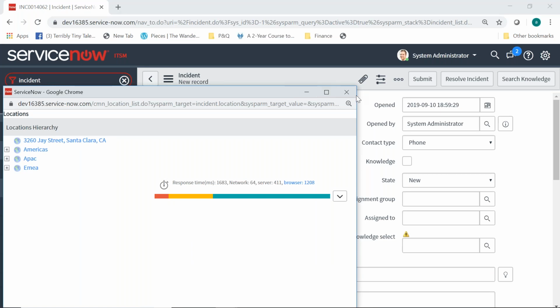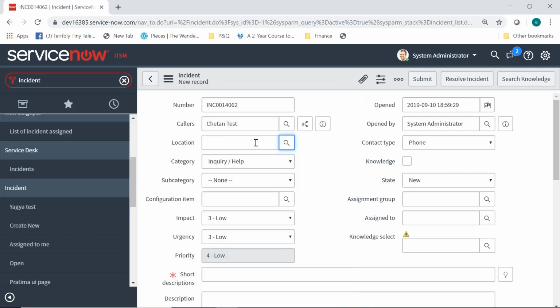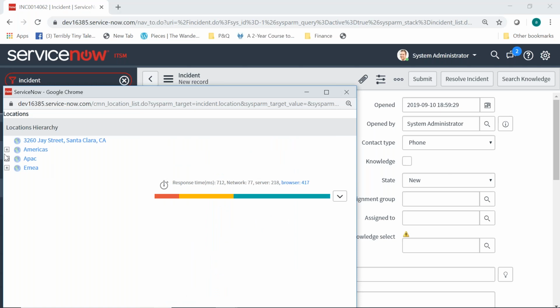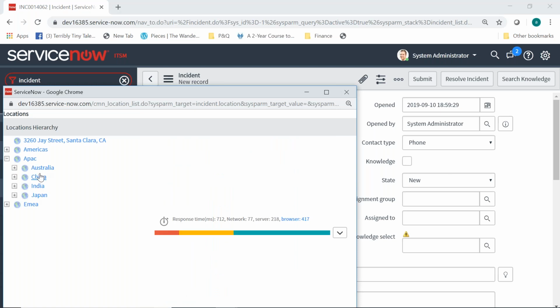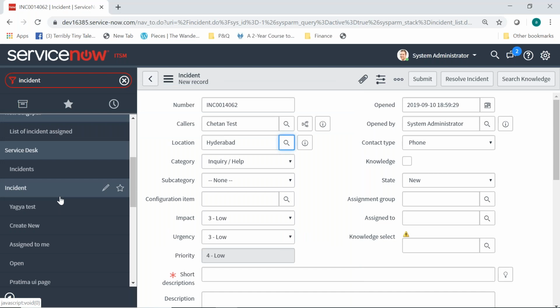So let's say if I want to select one, I can expand the region. Let's say I expand the one over here. Suppose in India, I'm just selecting one of the locations. It says like this one. What has been done in that location table is that the hierarchy has been maintained between the country and the regions and all. We'll understand that hierarchy later. But for the time being, we can understand that a reference magnifying glass means you're pulling data from another table. You click on the magnifying glass and do the data selection in there.